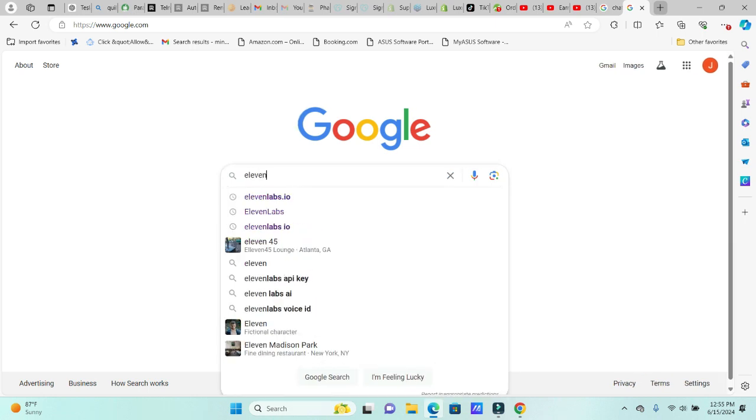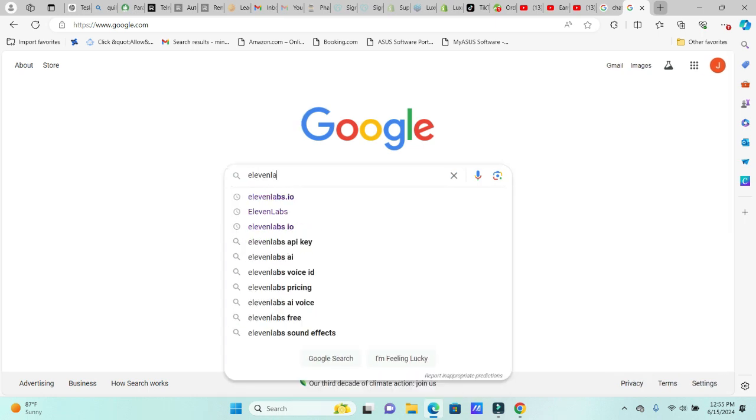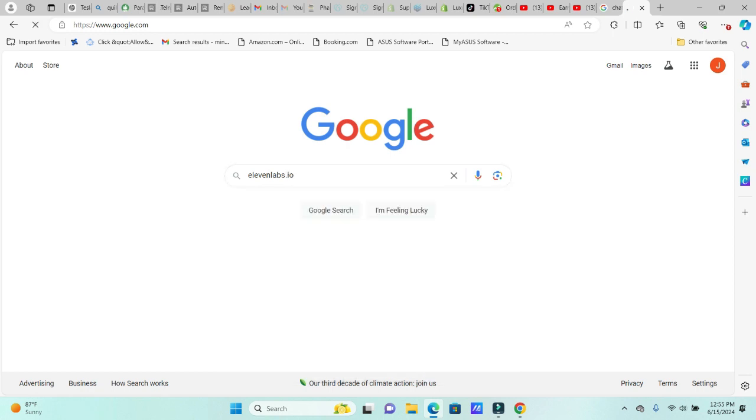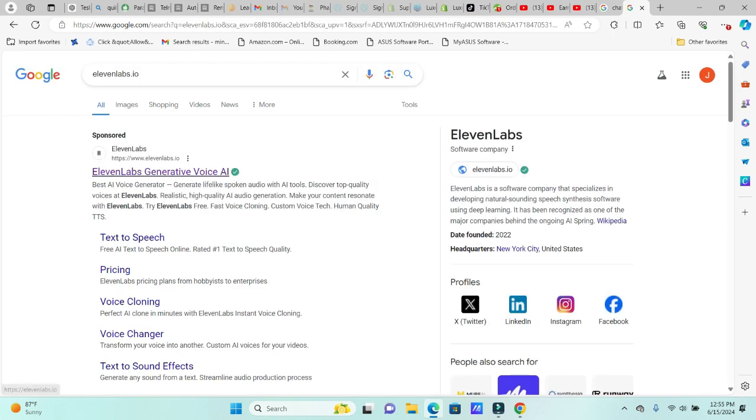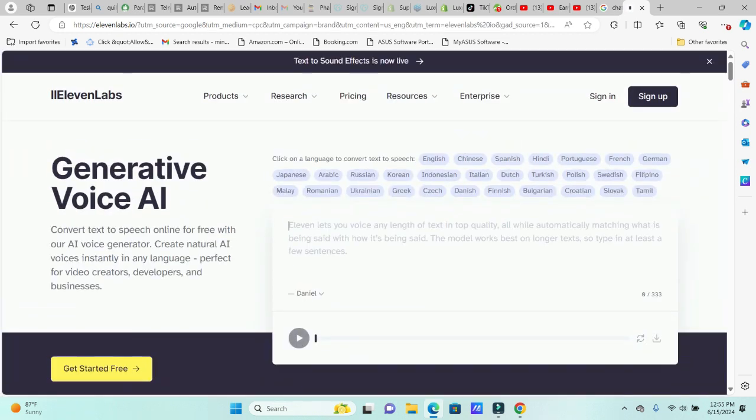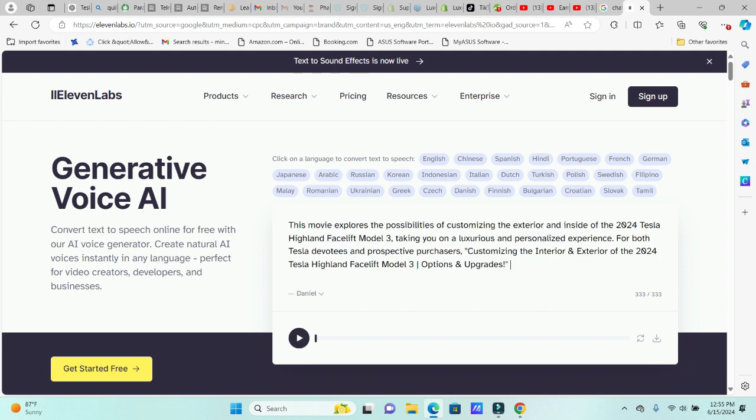So now I'm bringing it to another tool called ElevenLabs. First of all, I'm typing google.com, as you can see right there, 11lab.io, and 11lab.io will give me